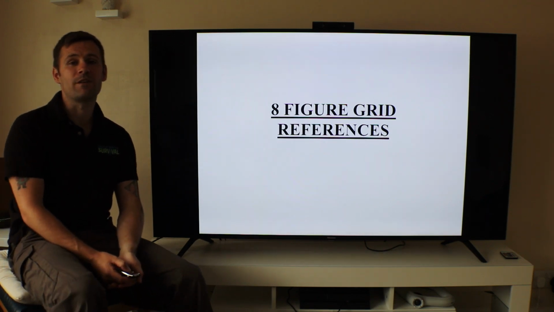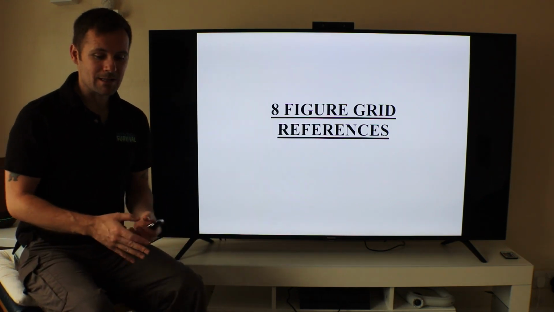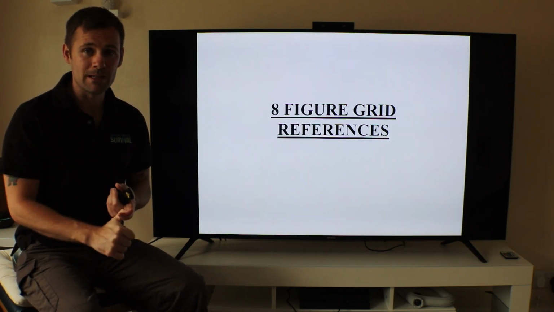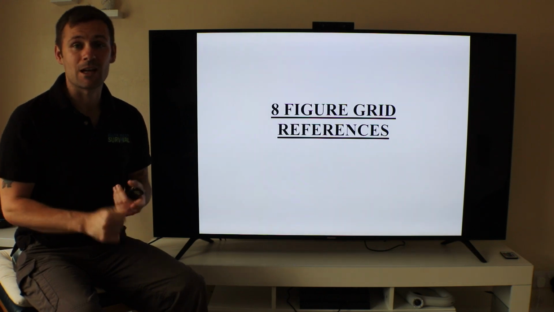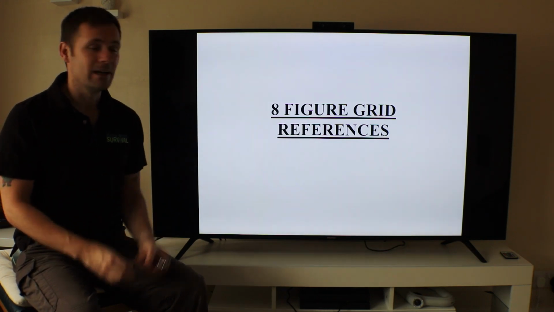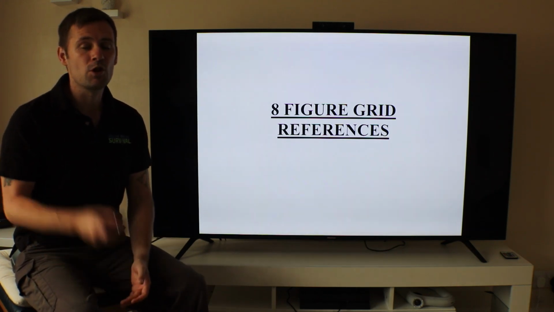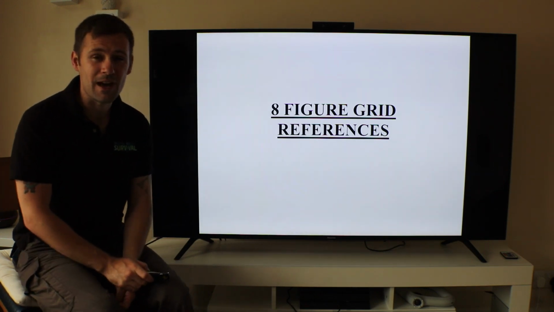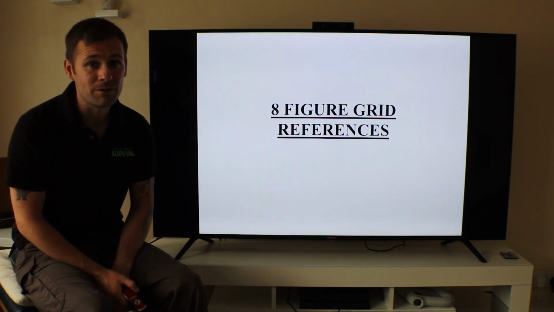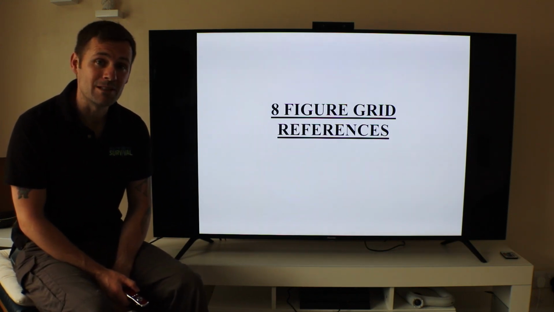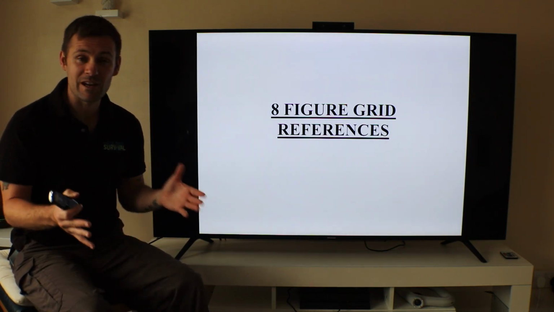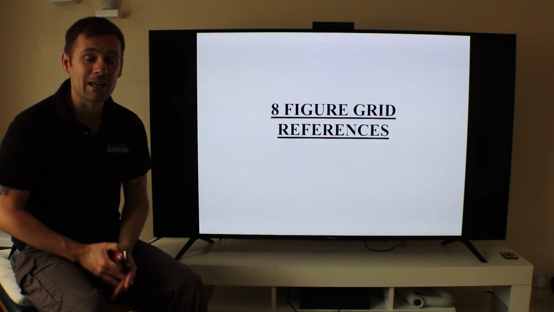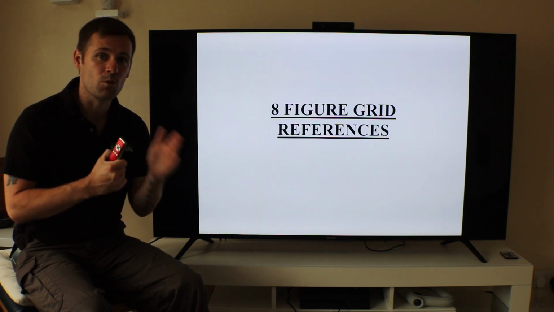Right, how do we give an 8-figure grid reference? Like I said, a 6-figure grid is accurate to 100 metres. A 4-figure grid is accurate to 1,000 metres. An 8-figure grid is accurate to 10 metres. You can't give an 8-figure grid on a 1 in 50,000 map, because a 1 in 50,000 map is only accurate to 100 metres also. So if you're doing an 8-figure grid on that map, it's not going to be accurate. It's just wasting time. The reason why you can't give an 8-figure grid on a 1 in 50,000 map is because